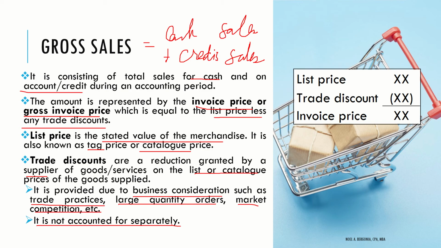So paano po accounted for separately? On the initial pa lang na sales natin, tatanggalin nyo na po yung trade discount. As you can see here in our formula, you have the list price or the catalog price, i-deduct mo na agad yung trade discount, then ang matitira po is yung invoice price. So yung invoice price na yon, literal, yung amount na yon ang ilalagay sa invoice or resibo na ibibigay natin kay customer. Why again? Because we are not going to account separately for any trade discount. Okay? Are we clear on that?